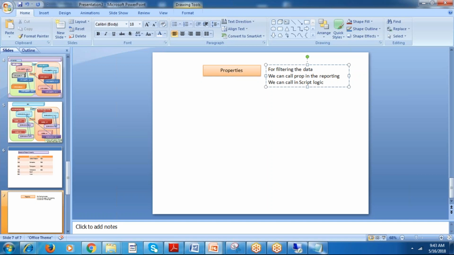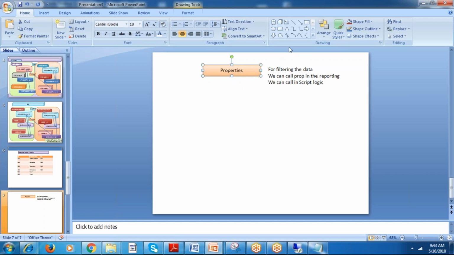What are the uses of these properties? The use is filtering. You filter the data in Excel, we use the filter, right? By using the filter, we find out the classification of the data very easily. We can do the same in BPC, getting and filtering data in the reporting as well as the script logic.